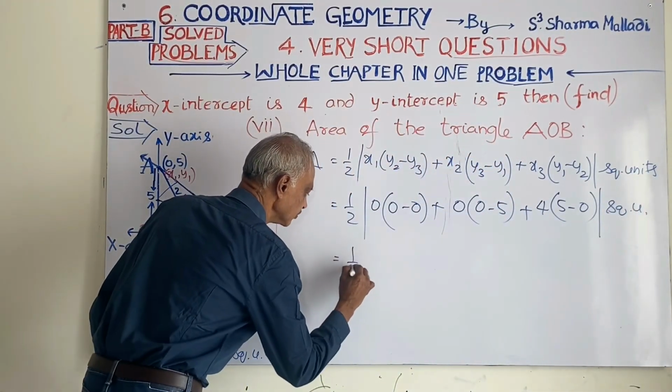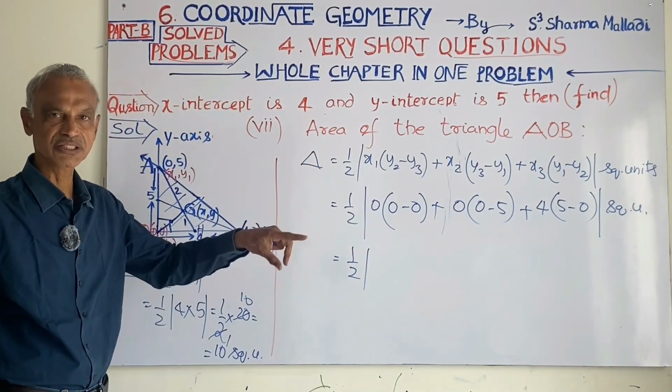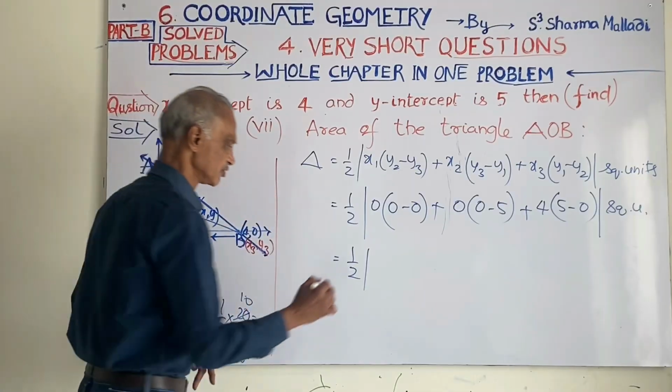Now half into 0 into 0 is 0, 0 into minus 5 is 0, 4 5s are 20,